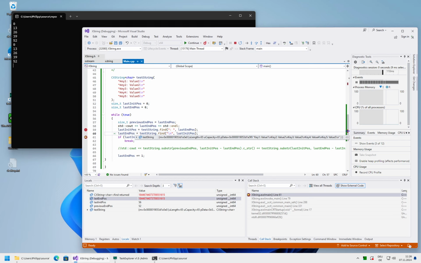But for some reason our search function, when fed with 56, did not find the \n. It might be some sort of bug that it's not capable of finding the last character if it is the last character. That's annoying.